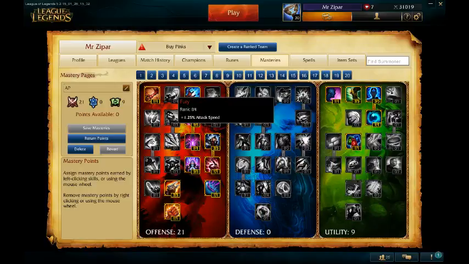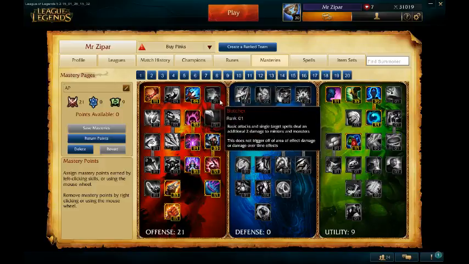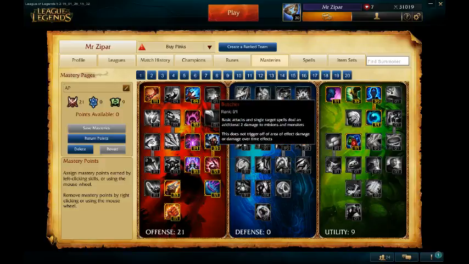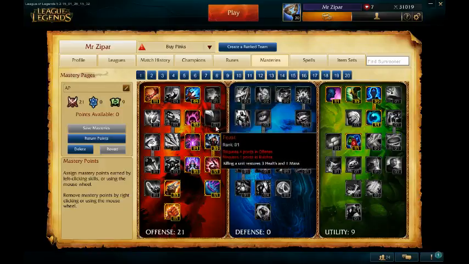Fury, good on a lot of AD carries or junglers for attack speed. Cooldown Reduction, helpful on everyone. I take it on almost every possible champion. Butcher and Feast don't actually have that strong of a gold ratio for the mastery page. I don't recommend picking them up unless you're really struggling in the jungle. Perhaps if you're lower level or you don't have all the runes to jungle, then I suppose it could be